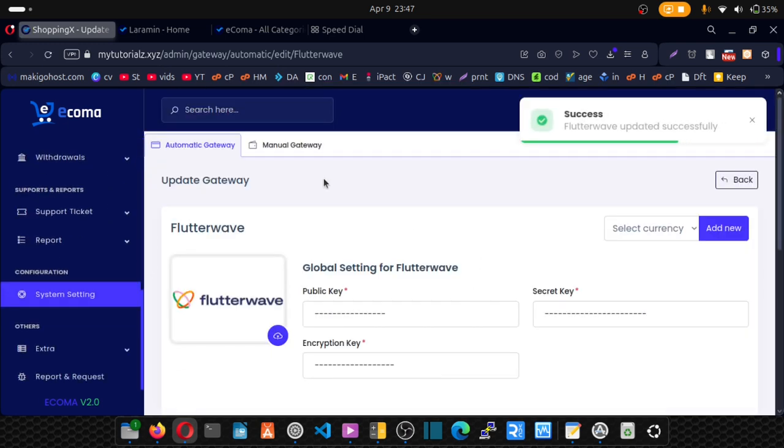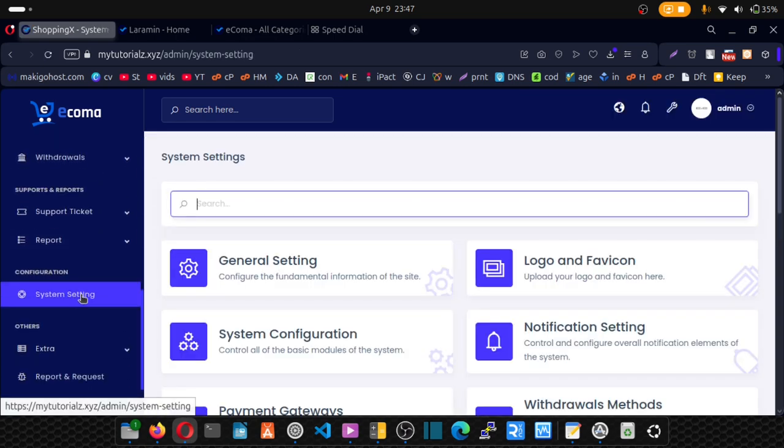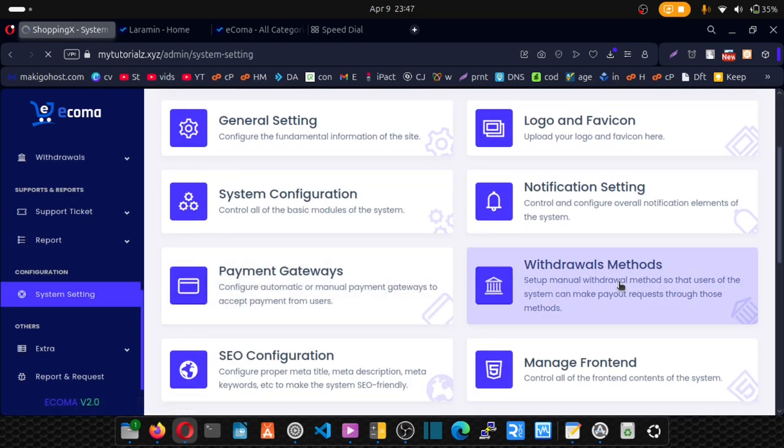Good. So do that for all your payment methods. Now click on system settings again. Come here and click on withdrawal methods. You want to give sellers or vendors a way to take their money. So click on withdrawal method,